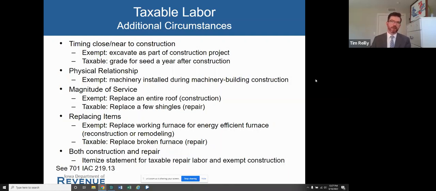But if you are replacing a functioning furnace for a better furnace, for a more energy efficient furnace, whatever it may be, that's changing the structure. That's a change to the building itself, providing a better quality product, a better furnace for that house, for that building. And so that's reconstruction or remodeling. So even if you're replacing something, that's not necessarily reconstruction or remodeling if it's like for like replacement.